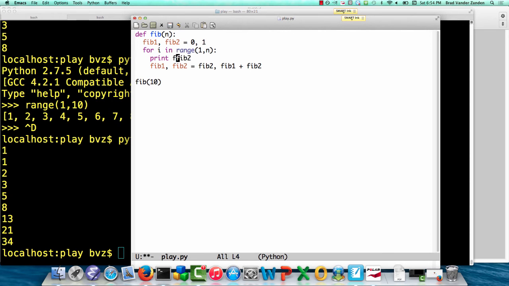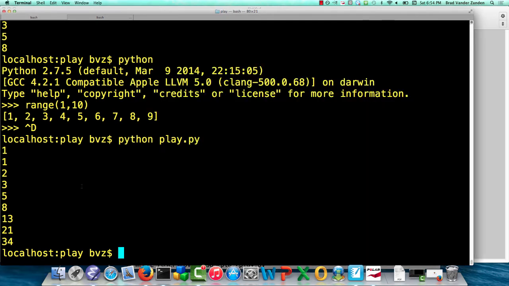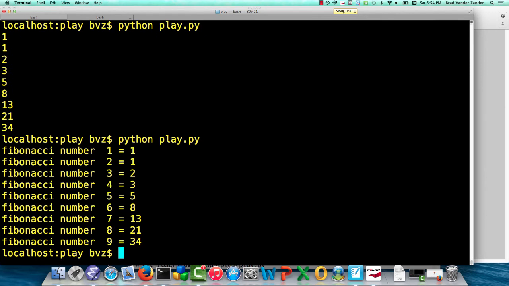So let's say Fibonacci number and then i and then equals fib2. And if we run it, you can see we get Fibonacci number 1 equals 1, Fibonacci number 2 equals 1,